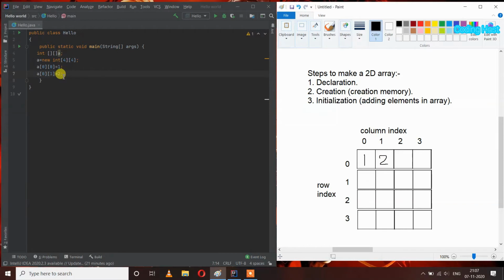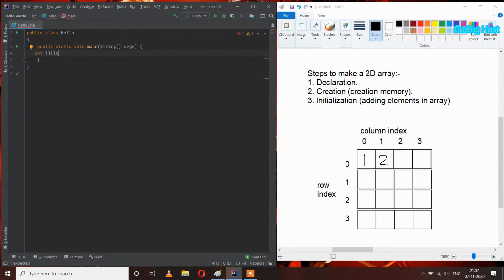We can also insert elements one by one in this array, but it will take too much time. So what we can do is declaration, creation and initialization in a single line. I will write like this: equal to, and then braces, and then again braces inside this.